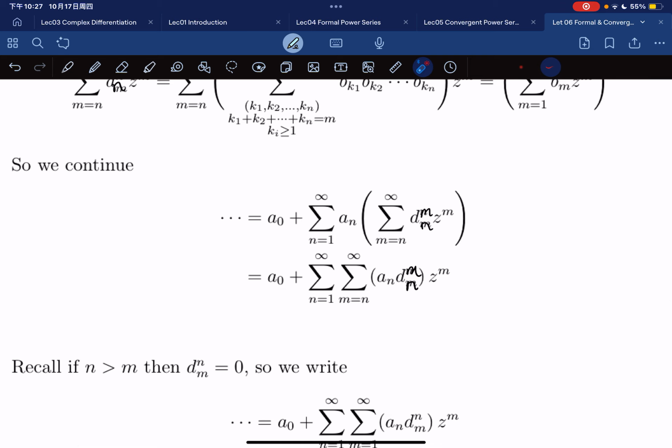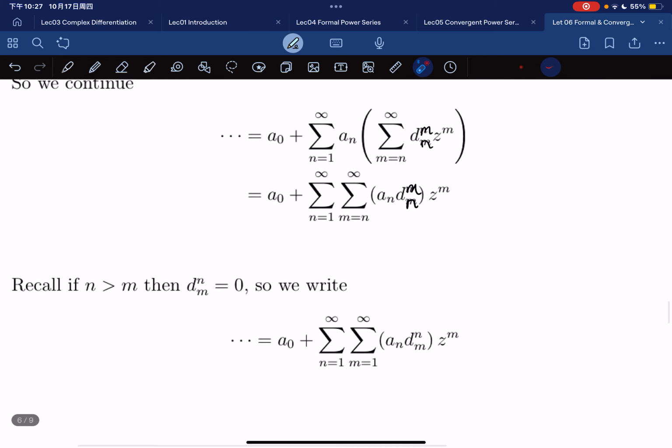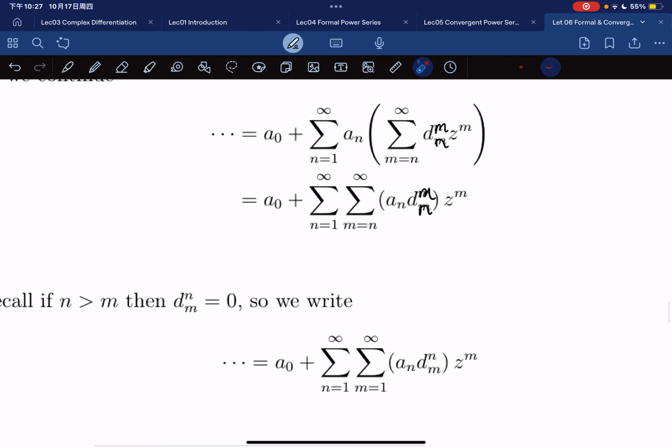So yes, we move this into it, right? But remember, if n is greater than m, this is equal to 0, right? So m could actually start from 1, right? So the outside keeps the same, but this thing inside, m can actually run from 1, right? Because